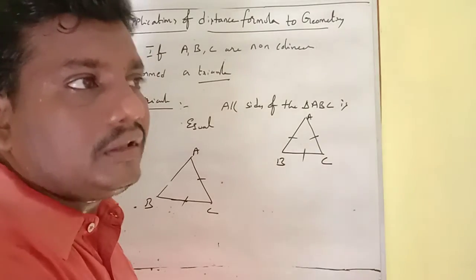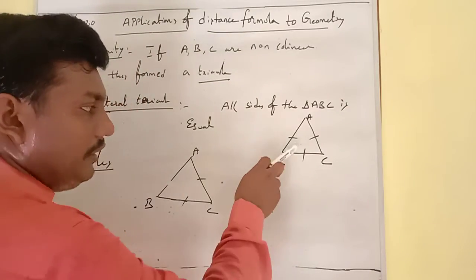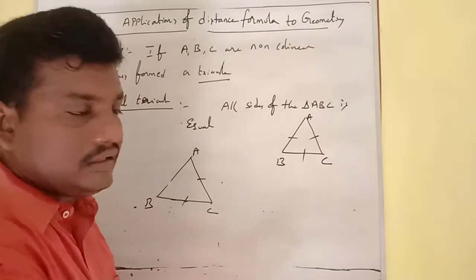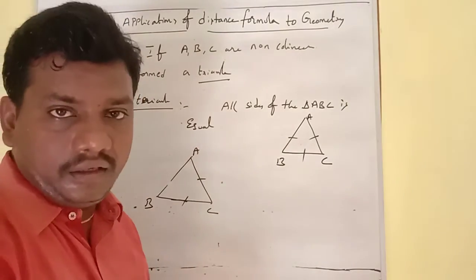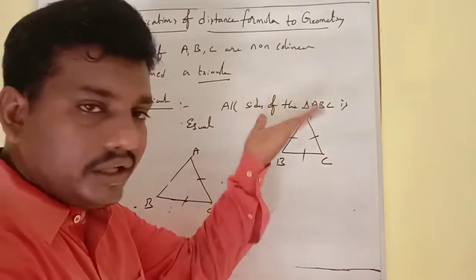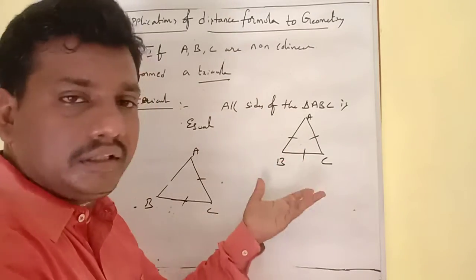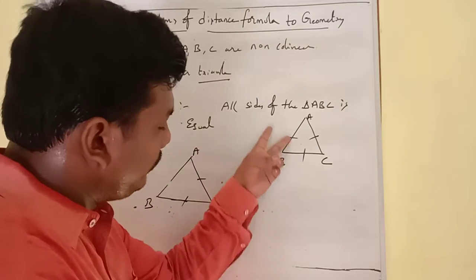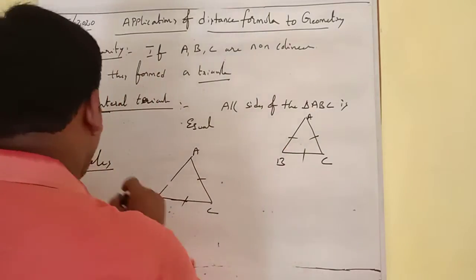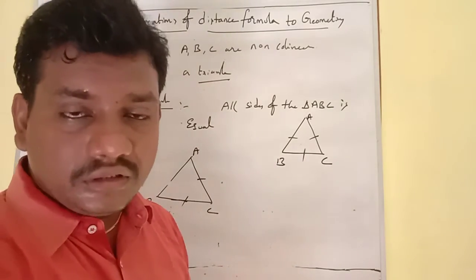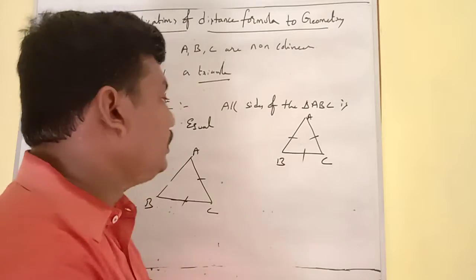So you have to remember that all equilateral triangles are isosceles, but every isosceles triangle is not an equilateral triangle. Because in an equilateral triangle, always two sides are equal. Obviously, all three sides are equal, but in the case of an equilateral triangle, we are going to consider that isosceles triangles are a superset of the equilateral triangle.